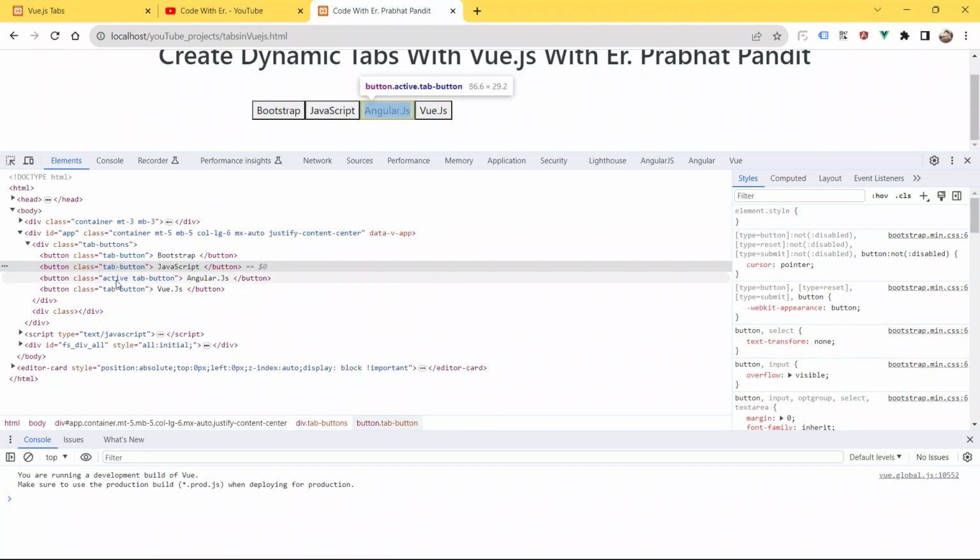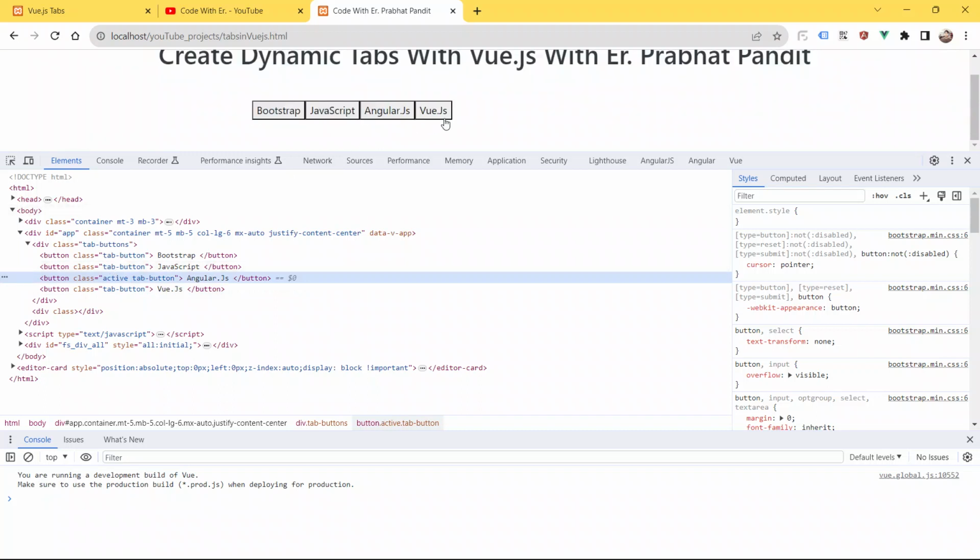See, boom guys, here also you can see one extra class, and we have removed the extra class. So guys, at a time one button will be enabled, rest all buttons will be disabled. Okay, so guys, at a time only one button will be active, and rest all the buttons will be inactive.